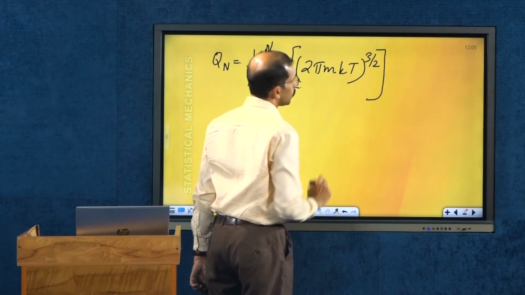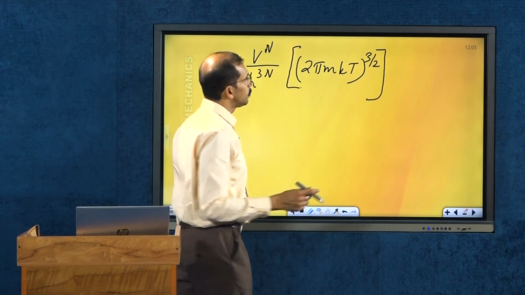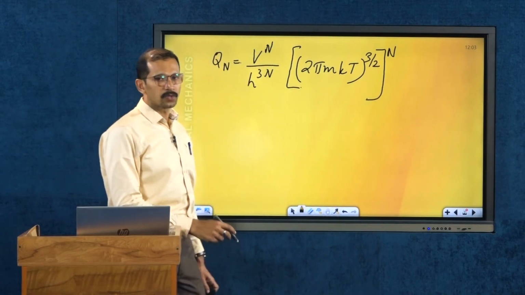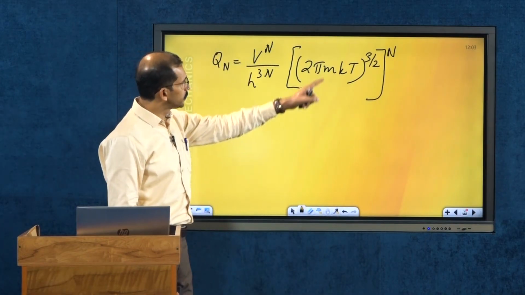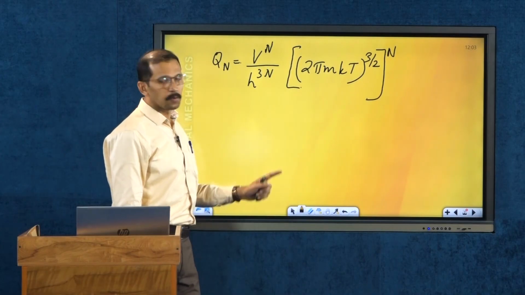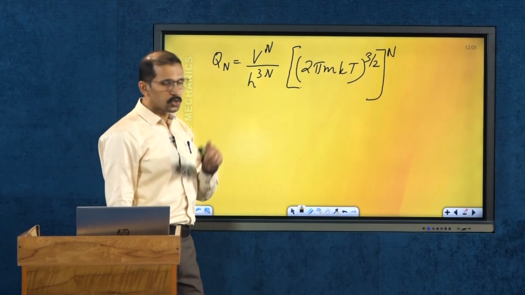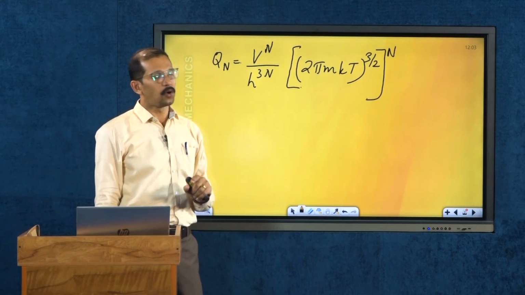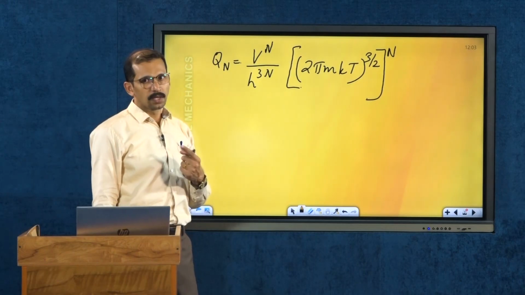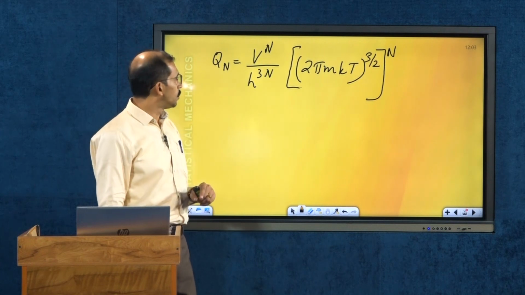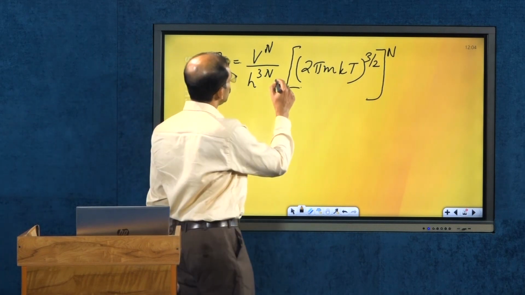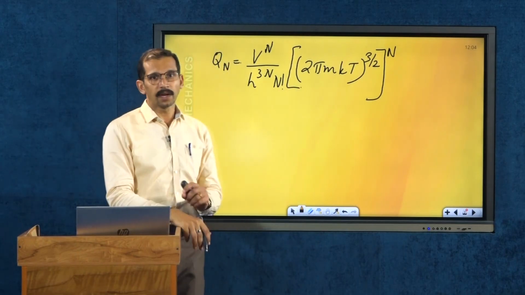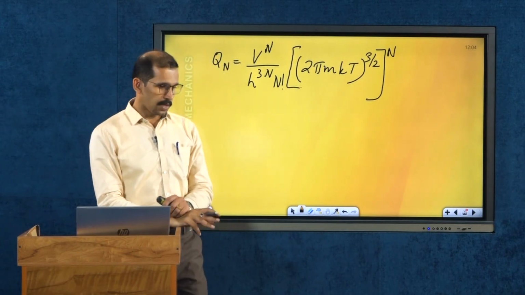Since we were talking about N number of particles, we had N also as the exponent. And also, based on the Gibbs paradox, we need to introduce a standardization parameter in the denominator, which was N factorial. So this was the expression which we derived last time for the 3D